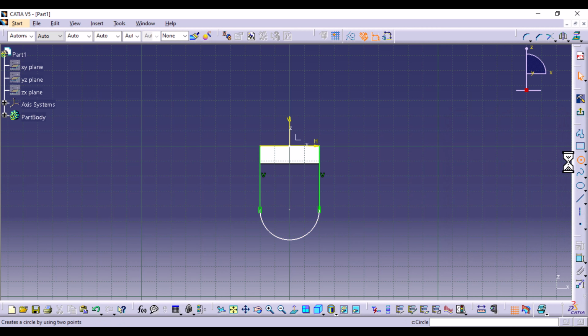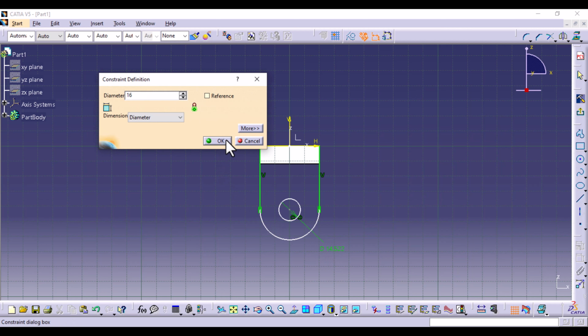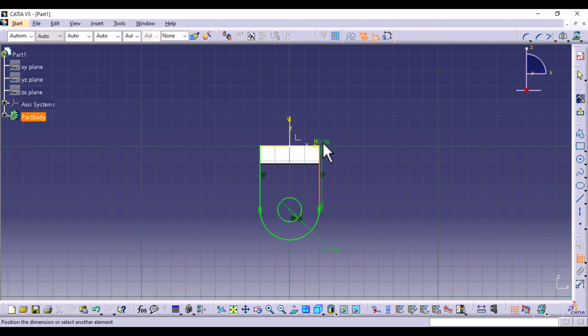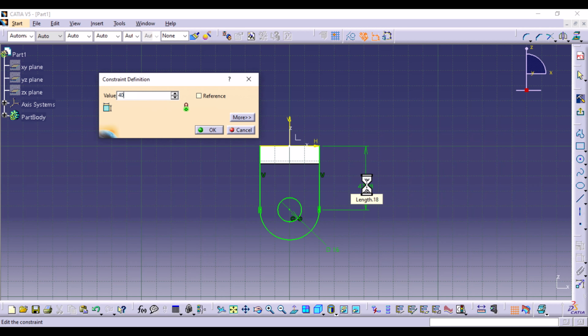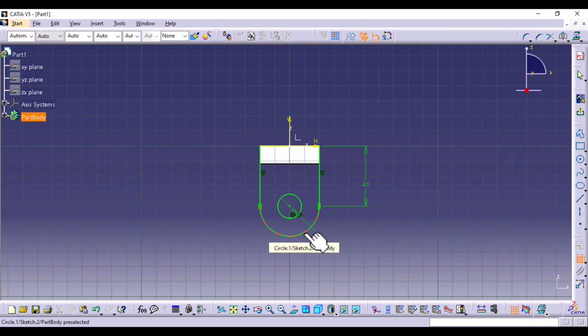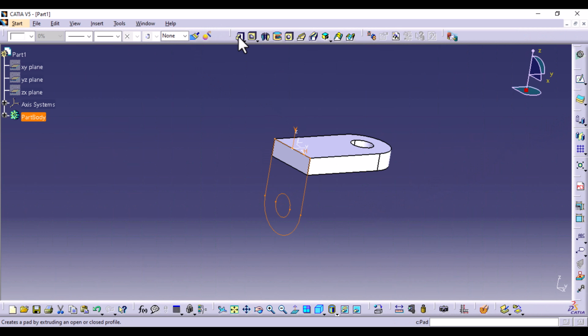And now enter the other concentric circle. Double click on Constraint and then enter the radius of the inner circle. Double click. This is going to be 16, the diameter. And this line, from the top here to the center of the circle is going to be 40. We don't need to enter the radius of the semicircle given that it's governed by this line right here, which is already 20 radii. So exit, then once again create a pad,